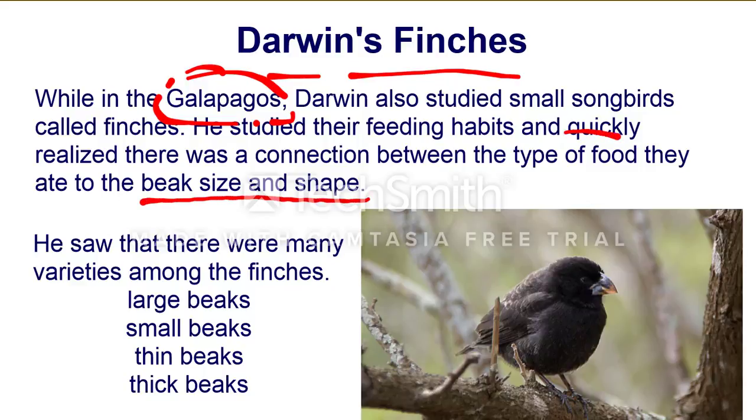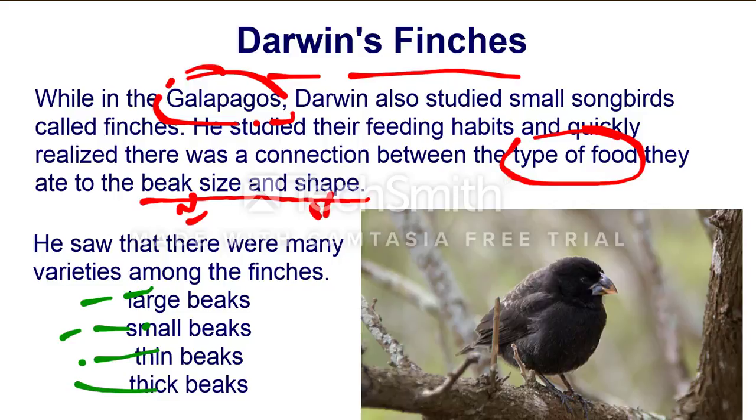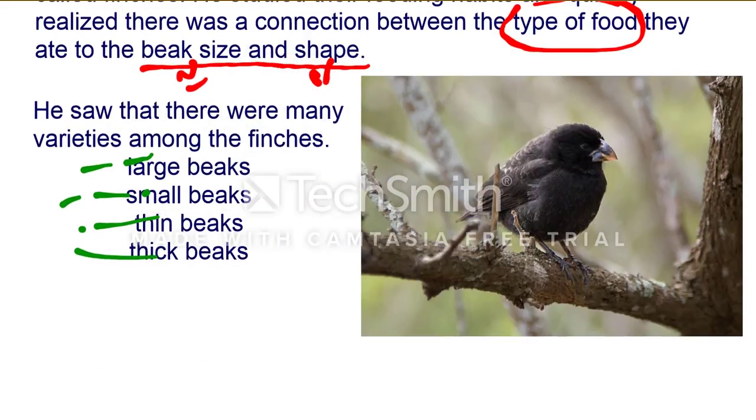So their resource, food, and their beak size and shape adaptation dictated their role in the environment as to what they ate. What he noticed was large beaks, small beaks, thin beaks, thick beaks, a whole mess of beaks in there. But the shape of the beak, which we're going to see in another slide here, if I'm able to actually get there. Hold on.